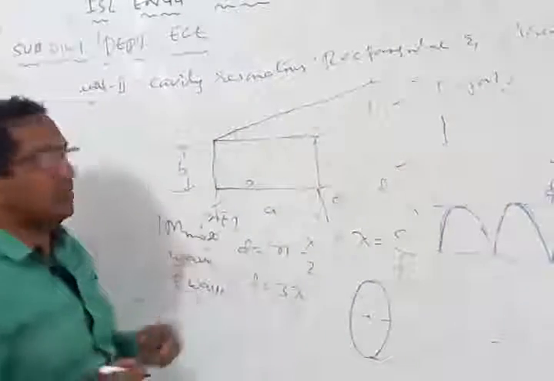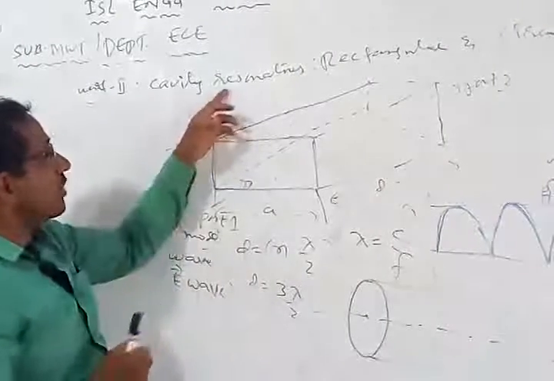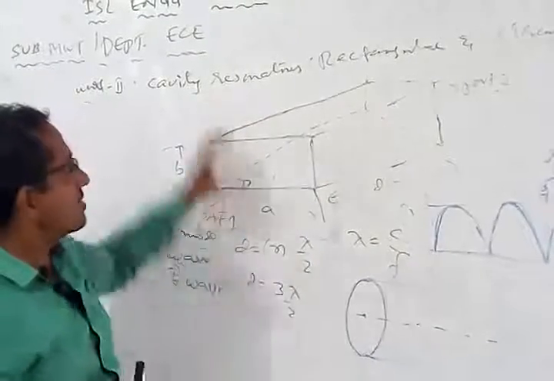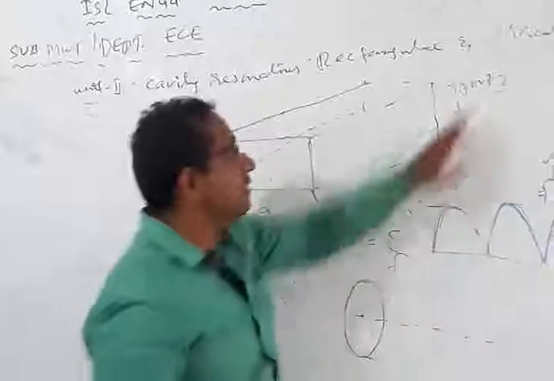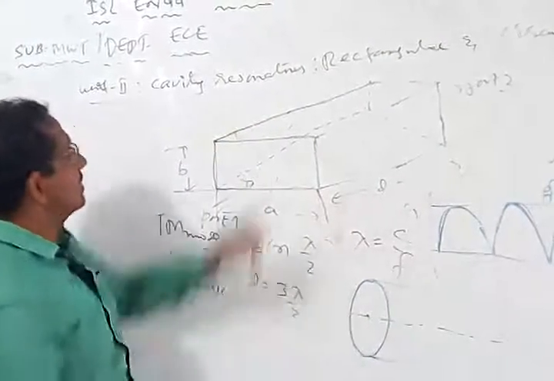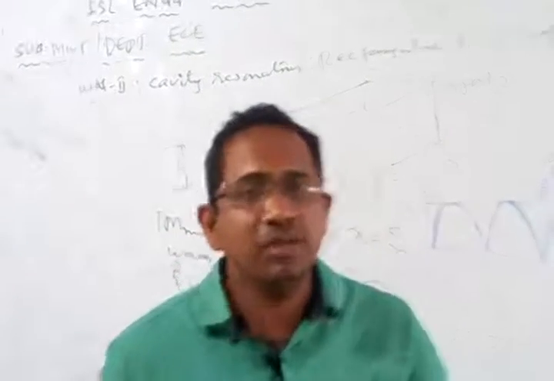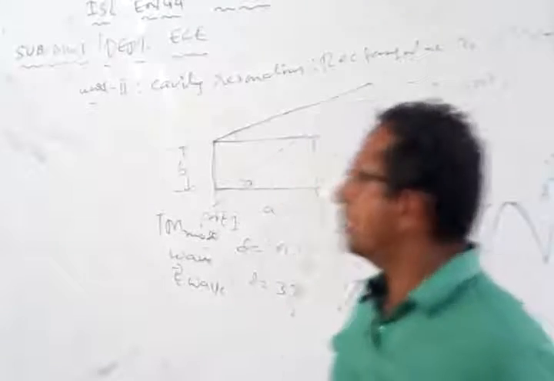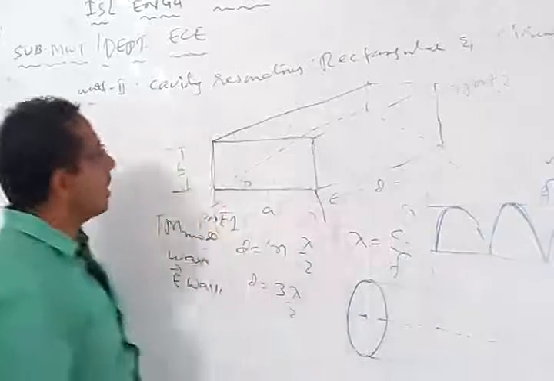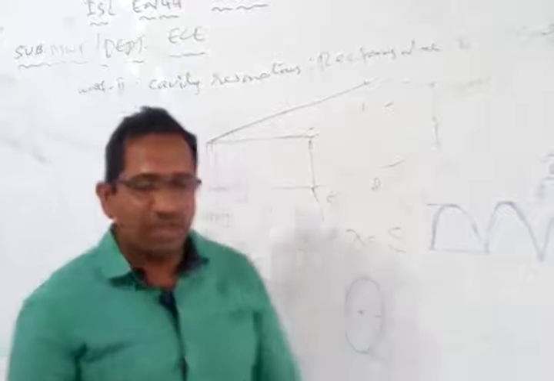The other is a rectangular waveguide. If you construct a resonator using a rectangular waveguide, it becomes a rectangular cavity resonator. If you construct a resonator using a circular waveguide, it is simply called a circular cavity resonator. So the name follows the waveguide that you are using. In the next class, we will try to understand how a signal is transmitted through this cavity resonator. Thank you very much.